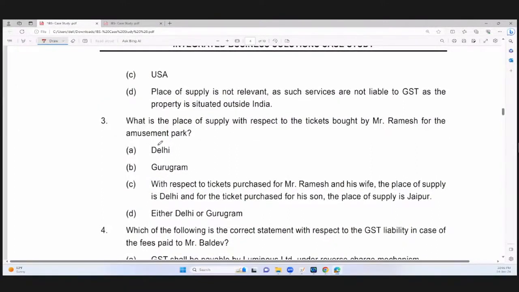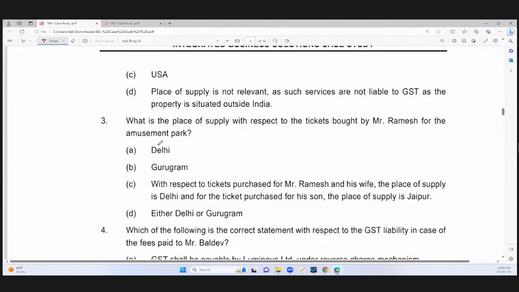अब इसमें सेक्शन 12 ही एप्लीकेबल है स्टूडेंट्स, और उसका सब सेक्शन 6 इन्वॉल्व है, जो कहता है, प्लेस ऑफ सप्लाई ऑफ द फॉलोइंग सर्विसेज, सर्विसेज बाय वे ऑफ एडमिशन टू वेरियस सर्विसेज प्रोवाइडेड बाय एडमिशन टू अम्यूजमेंट पार्क। सीधा लिखा हुआ है, services provided by way of admission to amusement park or any other place, the place of service is where the event is actually held।